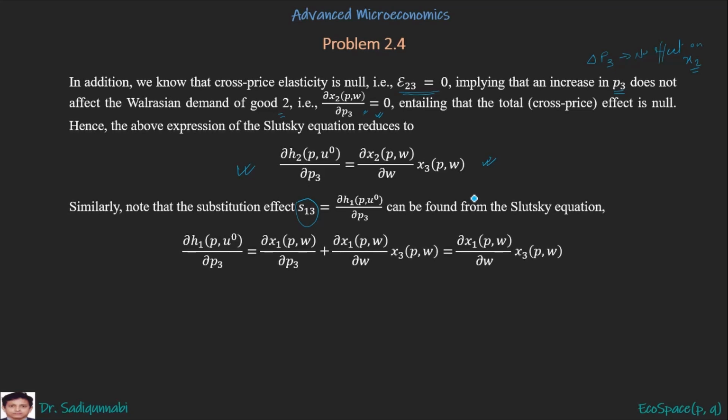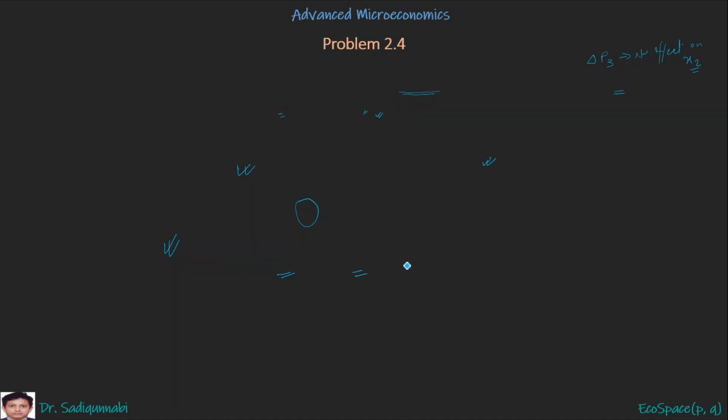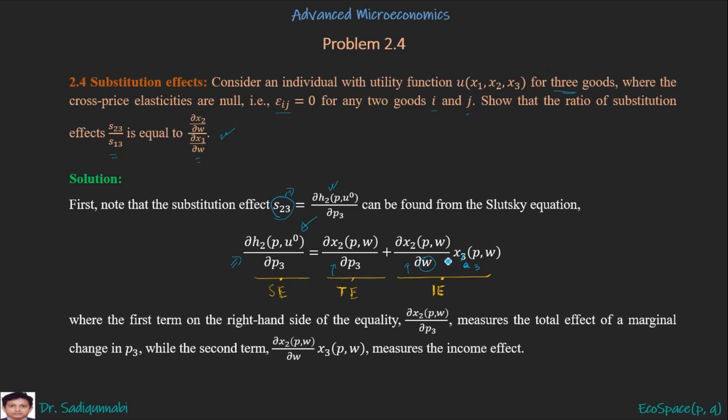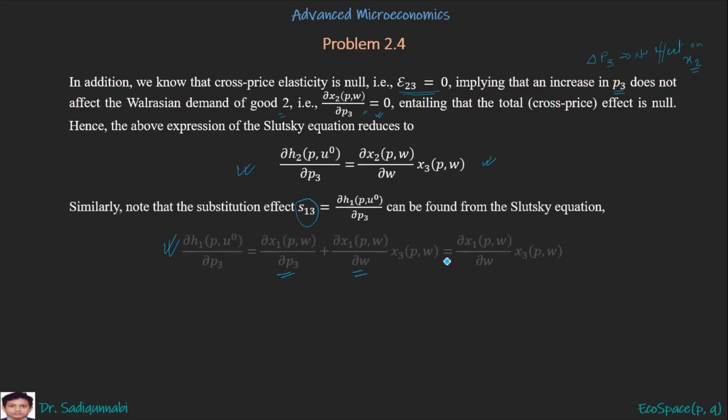So this is the substitution effect, this is the total effect, and this is the income effect. Let me go back, and this was actually right, so 3. So we have got